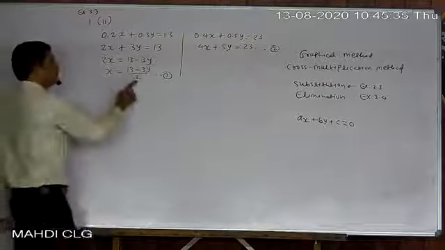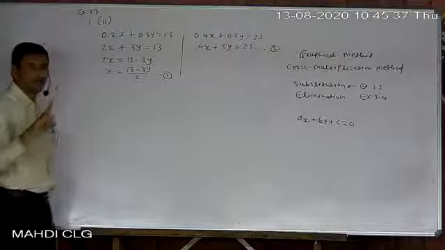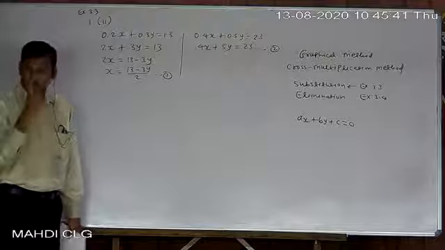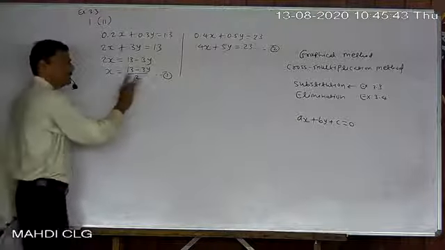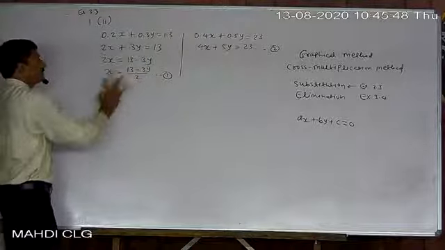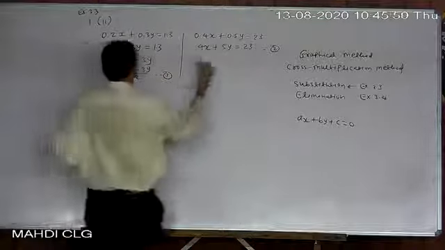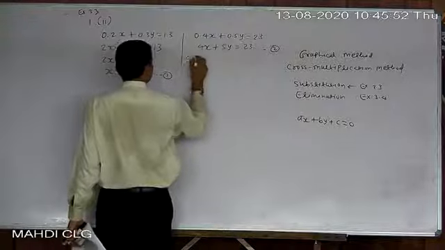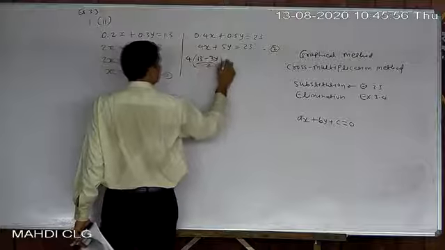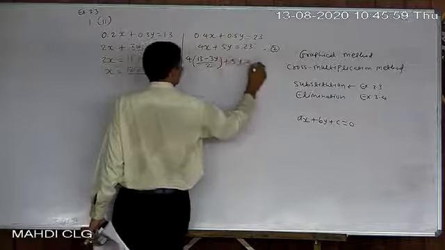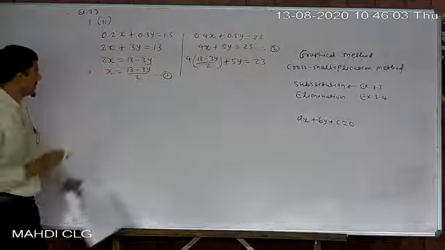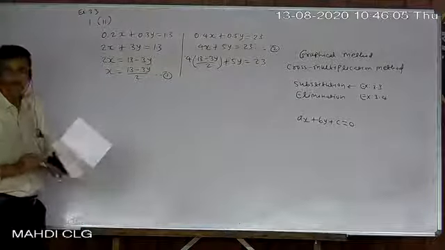Okay. Here in denominator 2 comes. That's why, so far, the variable that is having one coefficient only, so that denominator cannot be there. But here no such type of coefficient, so we prefer 2. Now place that here. So 4 times (13 minus 3y) upon 2 plus 5y equal to 23. Okay, I just place in place of x that value.